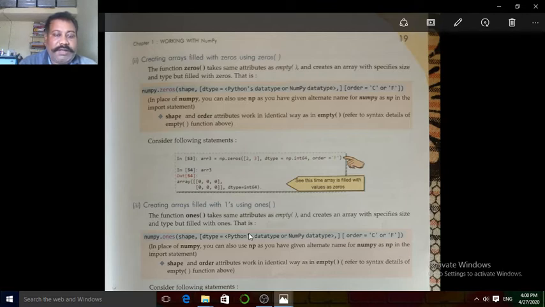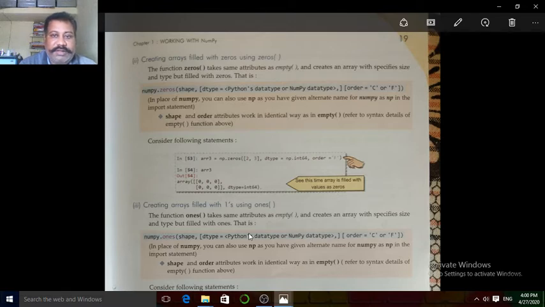What is the function of zeros? The zeros function takes attributes like empty, which we have previously discussed, and creates an array with specified size and type but filled with zeros.